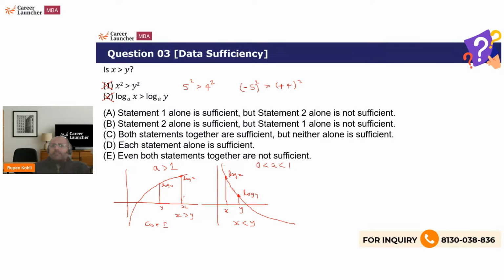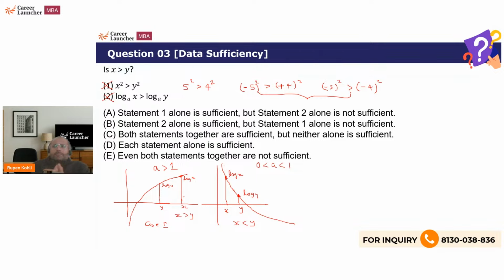Like the one I have taken, right? Also I could have something like minus 5 the whole square is more than minus 4 the whole square, right? That also is one possibility where x square is more than y square. And in this case also x is less than y, right? Minus 5 is less than minus 4. So these two kinds of possibilities, where x is negative and y is positive, or x and y both are negative,